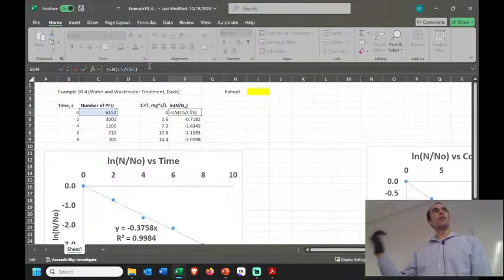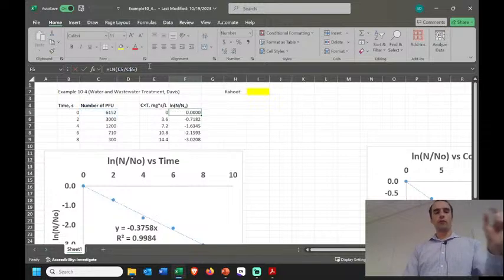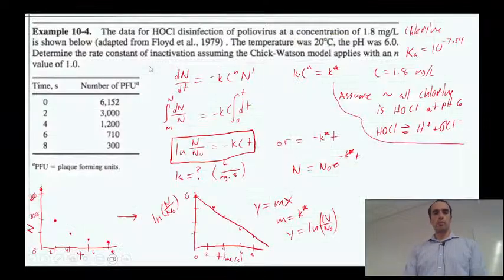But then the natural log of 1 is 0. So anything to the power of 0 is 1. So that first value is 0, which is why on the graph, I'm not writing anything exact here, but I know it would start there at 0 because that first value has to be. And then we expect something like this where this slope is m.